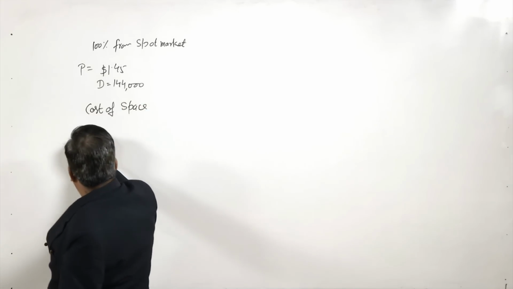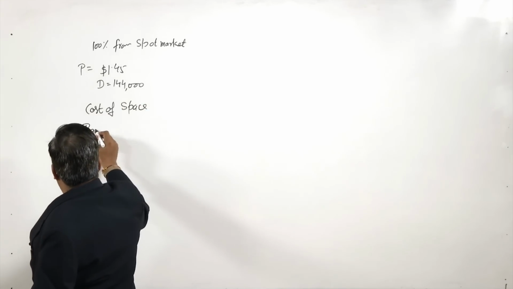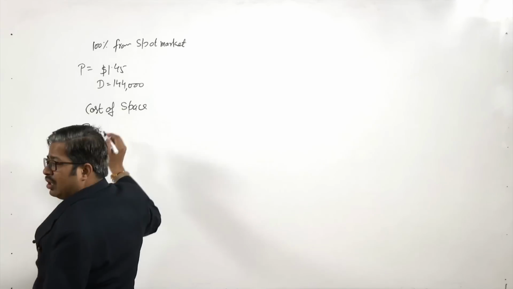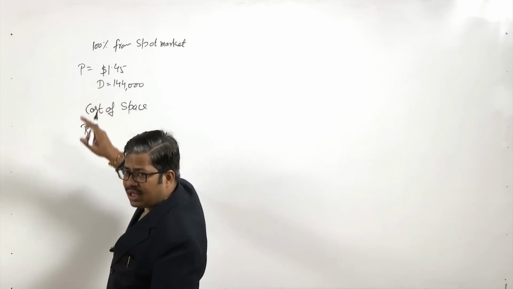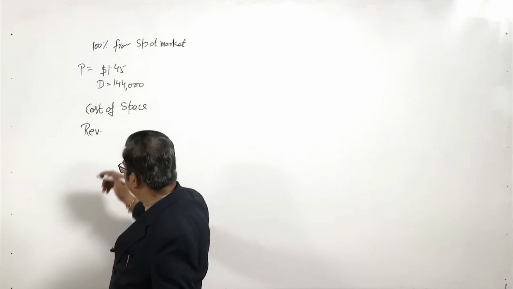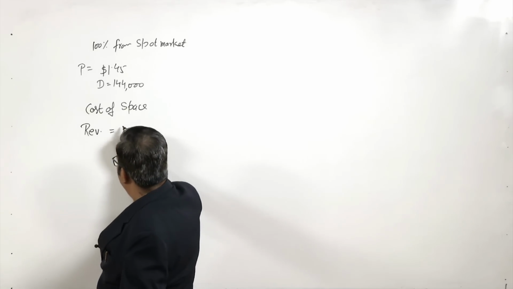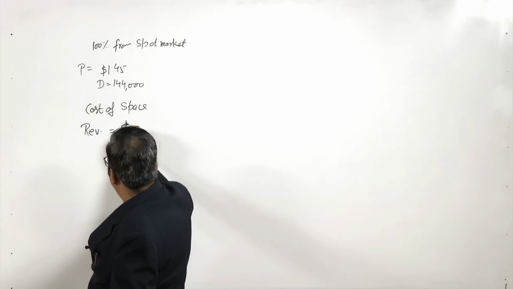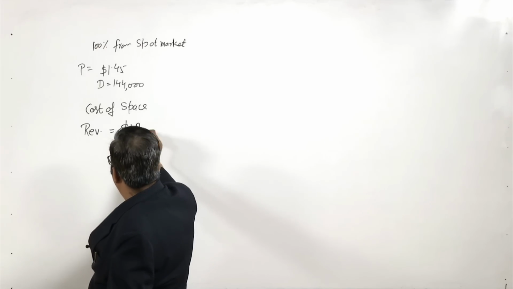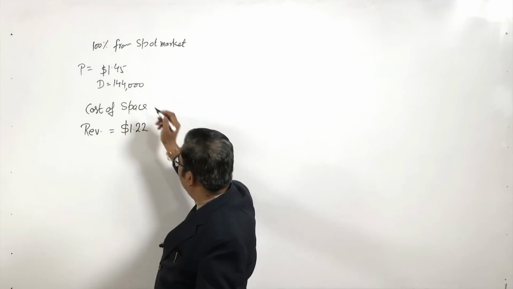And then the second thing I need to calculate is revenue from selling these units. I will be selling because I am fulfilling the entire demand. So, revenue will be the selling price that is given to us as 1.22 into the demand,